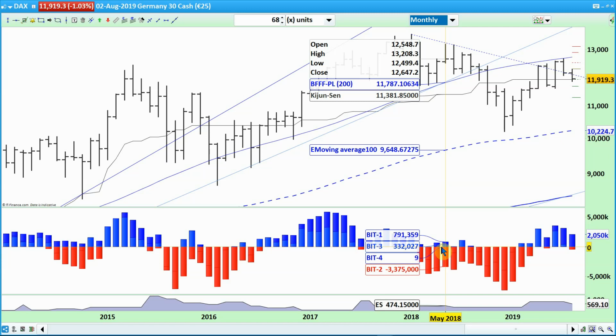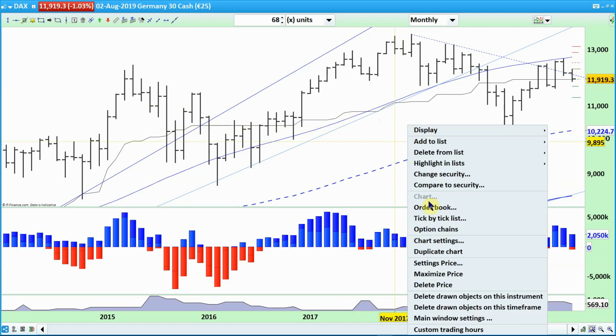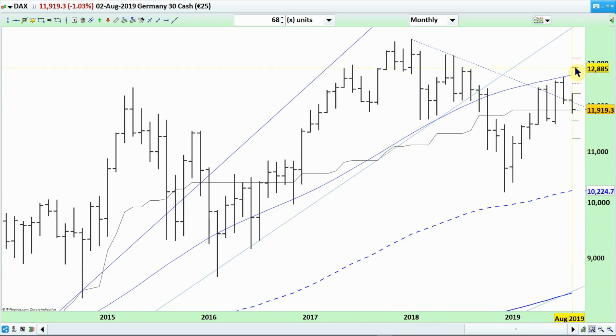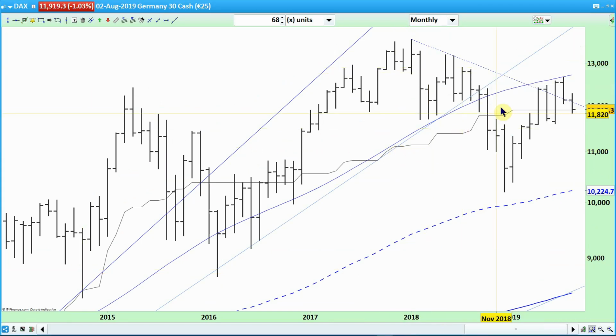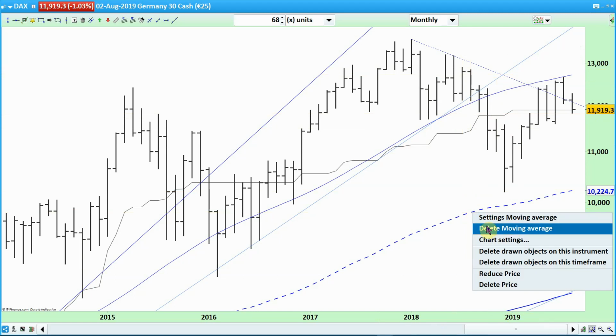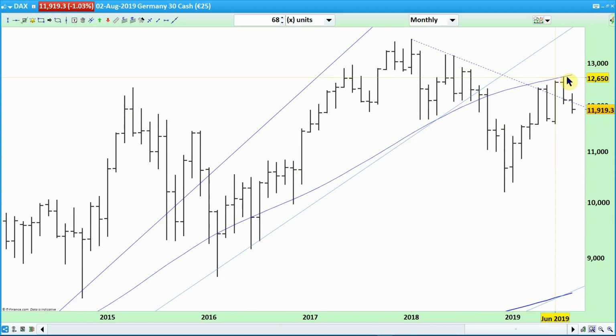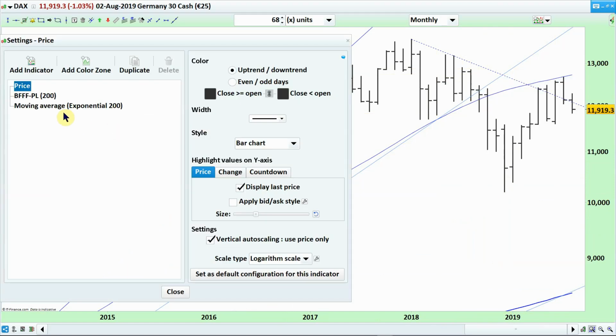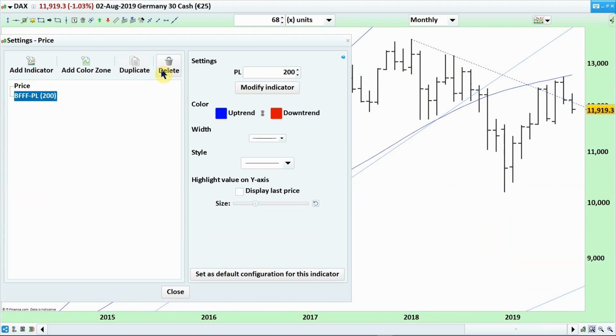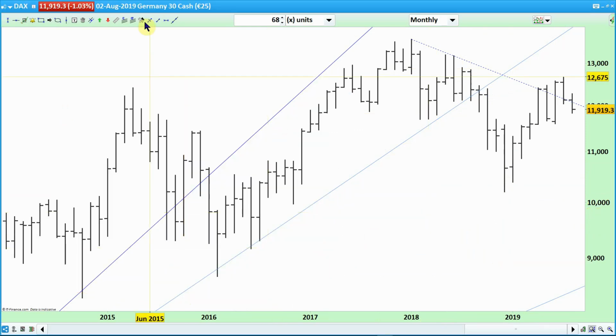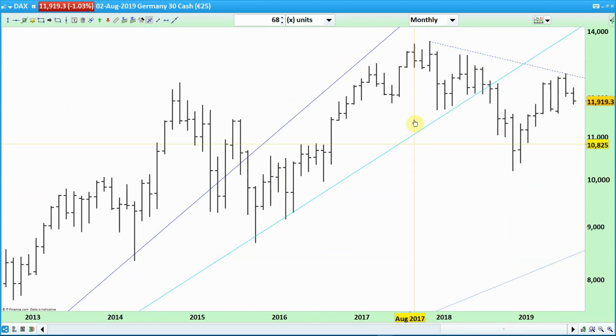The monthly of DAX we can see here is possibly a head and shoulder in front of us. So if we maximize price, and then delete pivot points and delete everything, possibly we can see, is it a head and shoulder? I think so. Let's see, moving average delete, PL delete, slide. Yeah, so possibly this one is the head, and this one is the